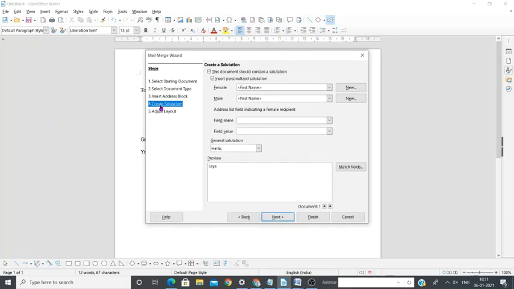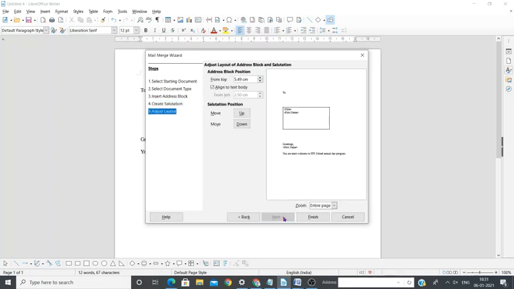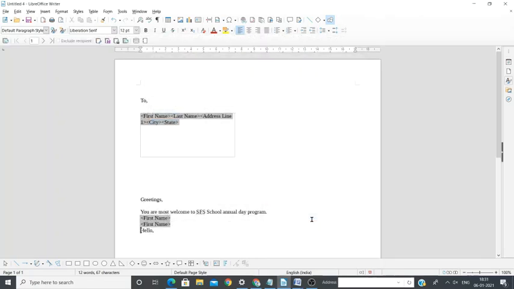So we are going to create salutation. You can just give a first name as a salutation. You can give a greeting or something here, and then click on next button. And here, do you see the preview over here? So where should the box appear? From the top. See, I'm moving it because I don't want to leave this much space. Then you can see the remaining messages. So click on finish button.